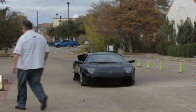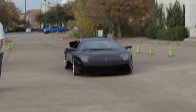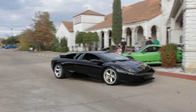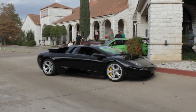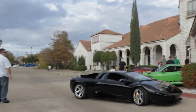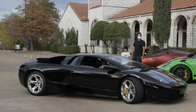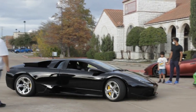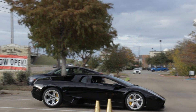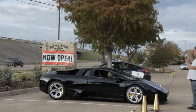Like, this guy lives in South Lake. He has 2 Mercies. Oh, what a struggle. Which one should I take today? Well, the white one is a pre-LP, and then the black one right here is an LP 640. Okay. So he's got like the early ones. Yeah. Well, I mean, technically, as far as early, the Mercy's a decade old. I know, it's very weird to think of that. So, I mean, whenever I was growing up...